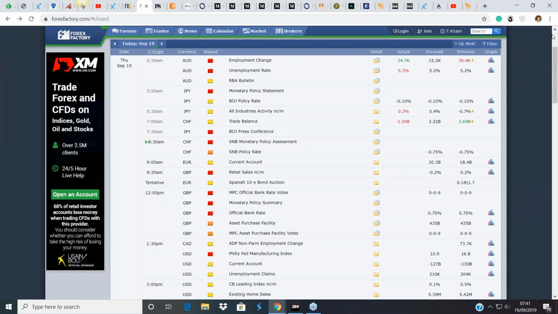As I say, the conference is ongoing right now, so I'm just keeping an eye on the yen. That's quite important because we talked about the Aussie yen. We've got some positions in the Aussie yen, and it's been a really nice run up